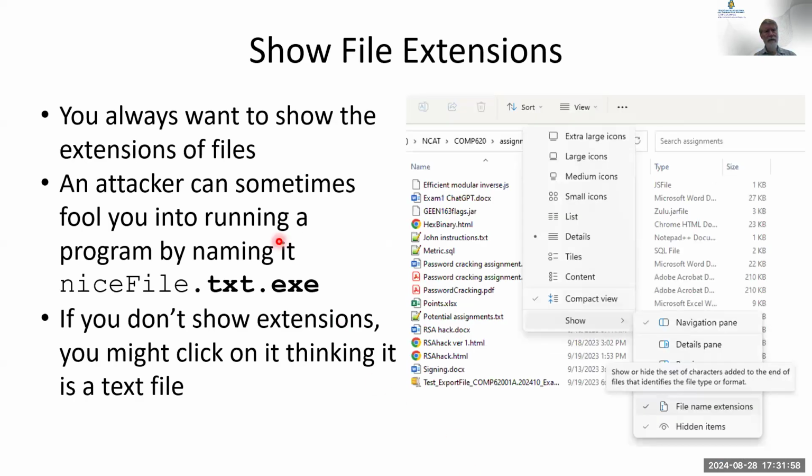Okay, this is a security suggestion for people in Microsoft Windows. In Microsoft Windows, by default, they do not show file extensions that are common. TXT, DLL, EXE are very common extensions, and they don't show them. Change that. Change it so you do always see the extensions, because it's been shown that malicious people can send